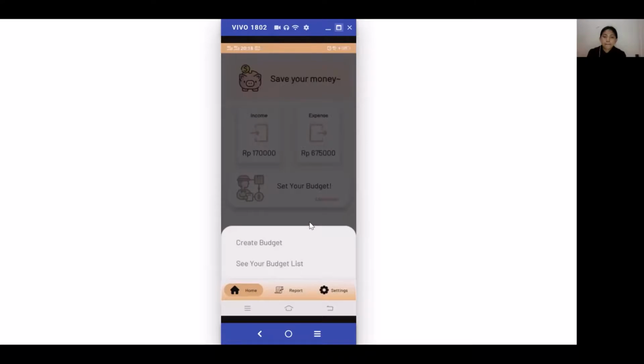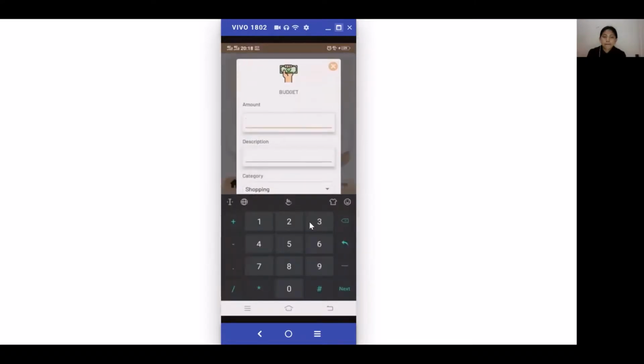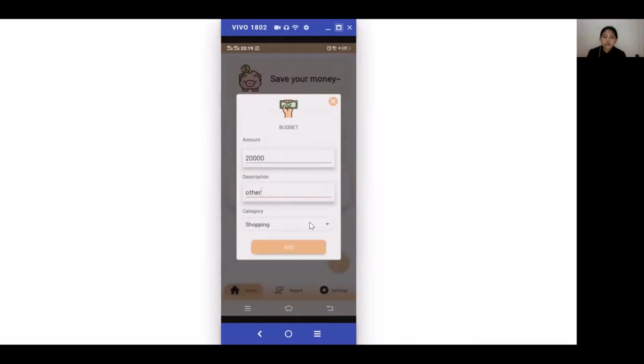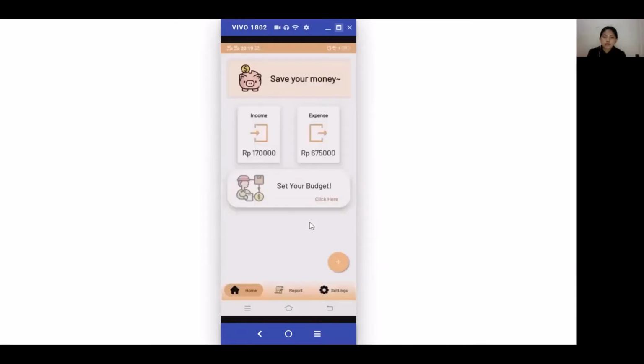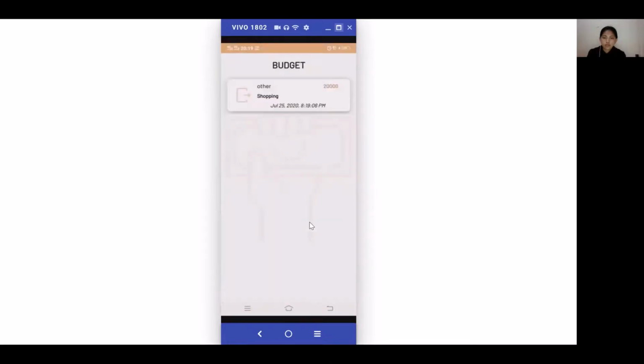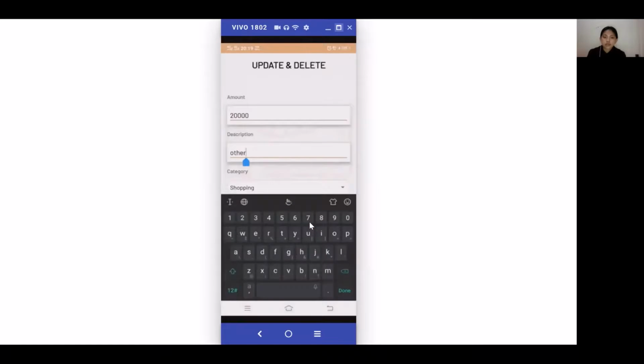To insert your budget, we can create the amount. It's the same as the income and the other, we can choose the data. And if we want to see the budget list, we only click here. We can see your budget list. And if we want to edit, for example, the description, yeah,